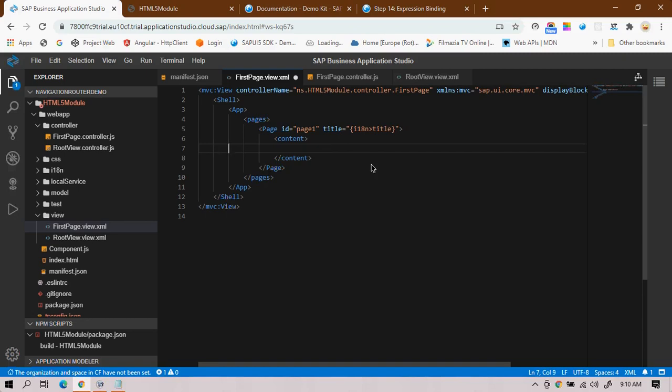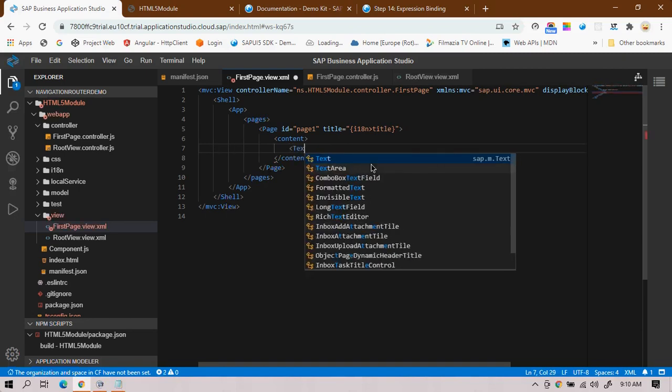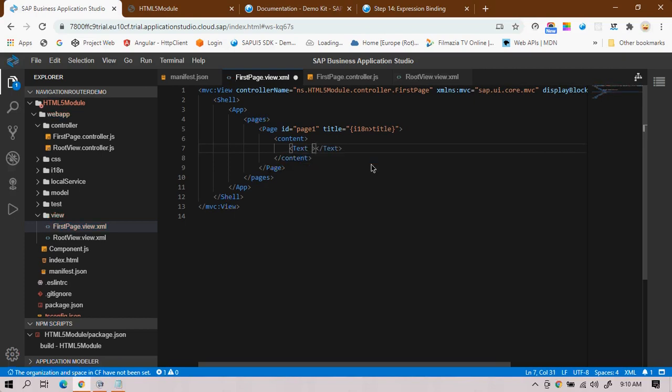Okay, so I'll write the code. Welcome to first page.